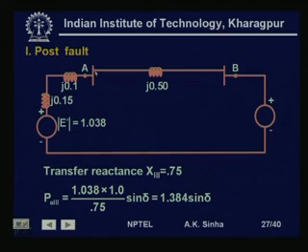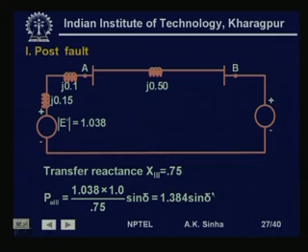When the fault is cleared by opening the circuit breakers of the two ends of the faulted line, then we have the system like this, where this is the transient reactance, this is the transformer reactance, this is only one line now, j0.5, and this is the infinite bus. So, transfer reactance in this case comes out to be 0.5 plus 0.1 plus 0.15, so j0.75. Therefore, P_E2 is equal to 1.038 into 1, this is E dash, V divided by 0.75 into sine delta. This comes out to be